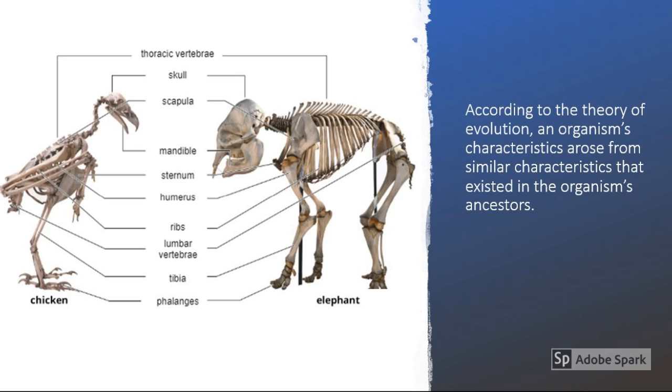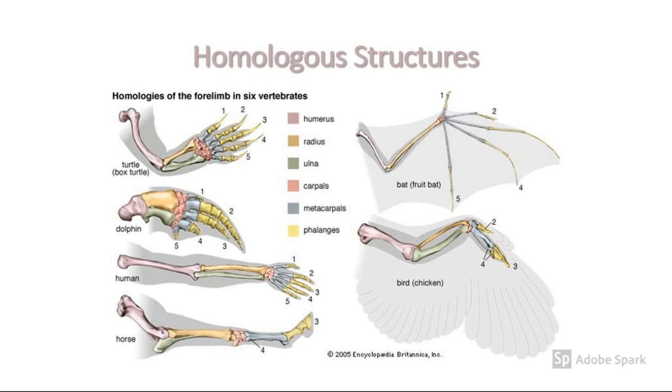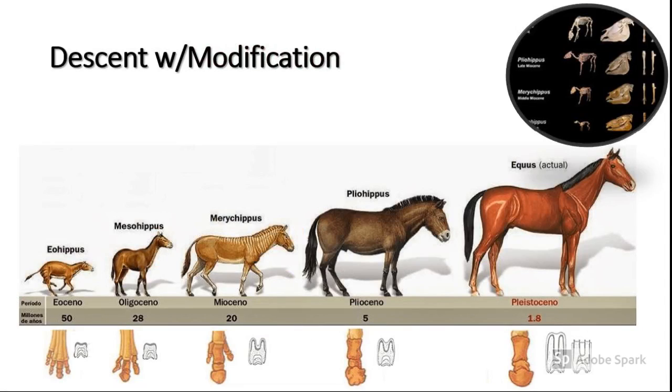Evidence from fossils indicates that the ancestors of vertebrates had many of the same structures of animals that live today. Over many years, continued modification of bones resulted in somewhat different shapes as populations of different species were adapted to different environments. These are referred to as homologous structures. You can see an example of descent with modification in the horse. As the ancestors of horses faced new environmental challenges, natural selection resulted in bones that were better adapted to the new environments.